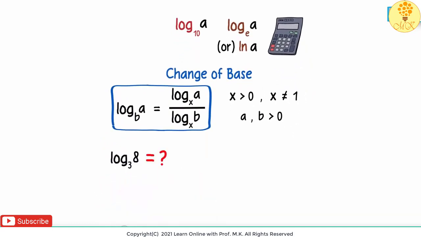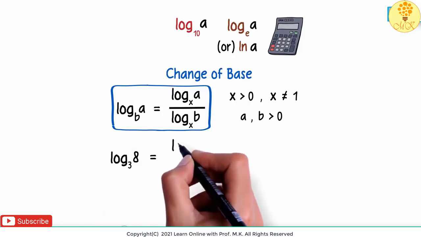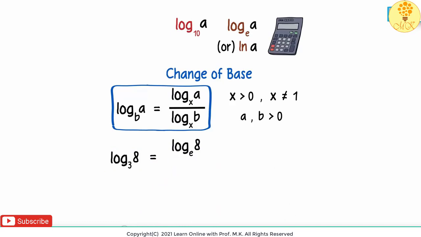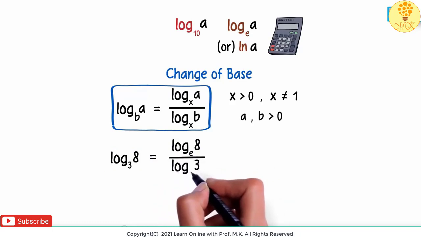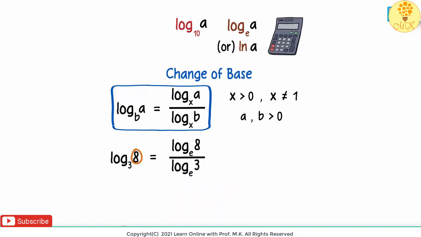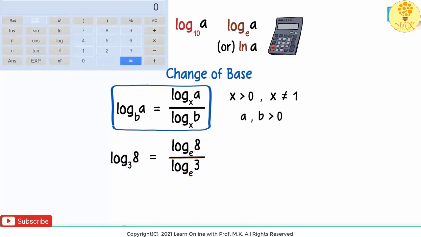Coming back to our question, how do we find the value of log of 8 to the base 3? Because the calculator can't really help us with this, we can write it as log of 8 to the base e over log of 3 to the base e. The argument was written in the numerator, the base in the denominator, and the common base was chosen as e. The calculator can give us these two values. Here's a scientific calculator. We can see that we are given the natural log and the log to the base 10 buttons. We are interested in the natural log here.